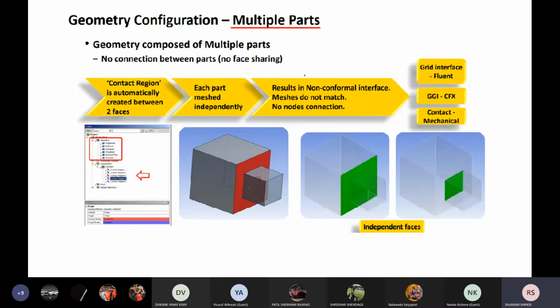That means the number of elements on common faces are not matching with each other, and there is no connectivity between the nodes. Here in Fluent we need a grid interface, a GGI in CFX, and contact between the two parts in Mechanical. Independent faces, you can see here, this is a face of this outer body and this is a face of that inner body.